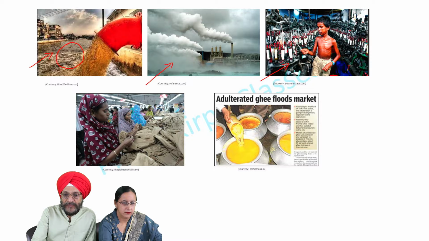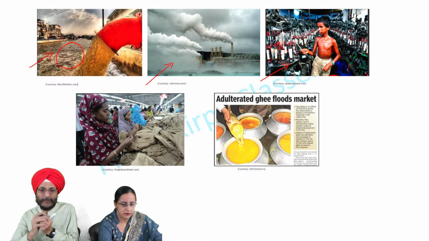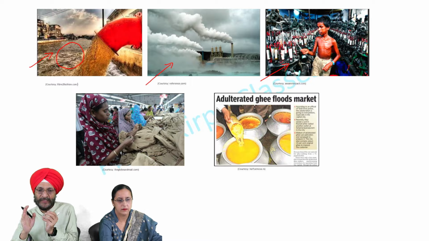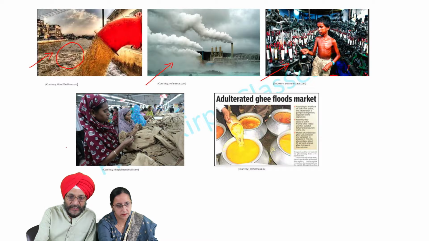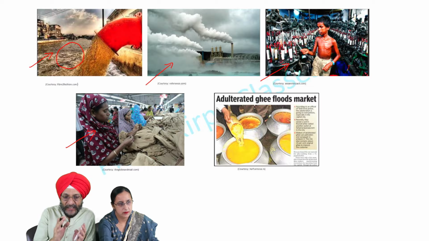Here you can see that child labor is being employed in many factories. All these pictures show that human nature is mainly motivated by profit only. It is no longer concerned with the welfare of mankind. In this picture, you can see that a large number of workers are working under a single roof. That is, the working conditions are not proper.